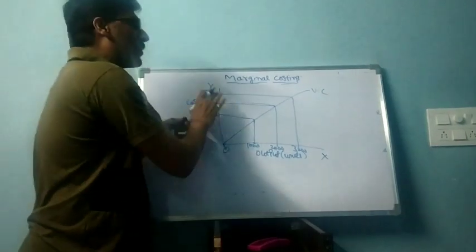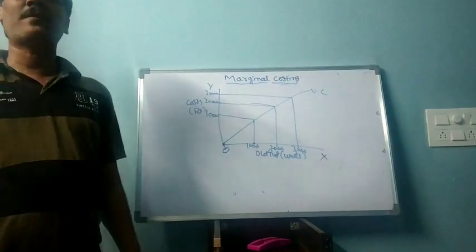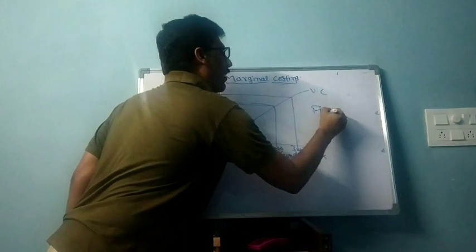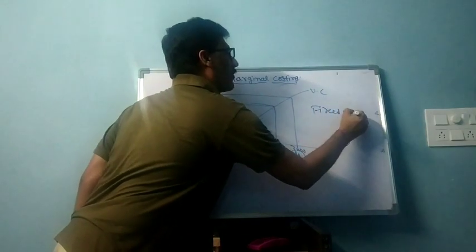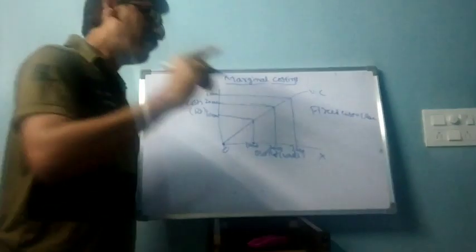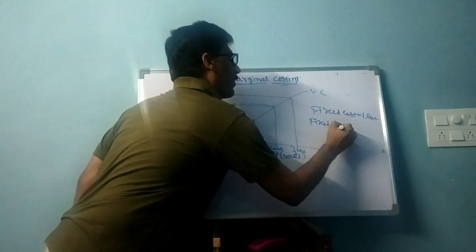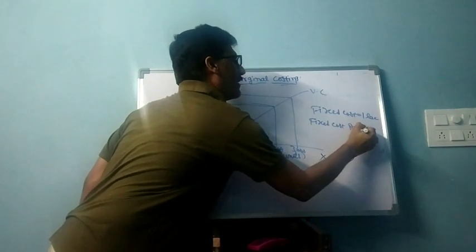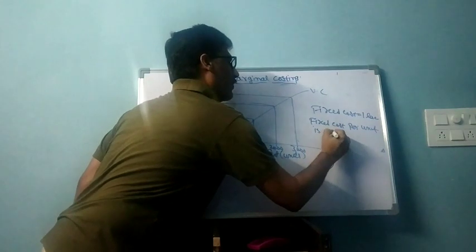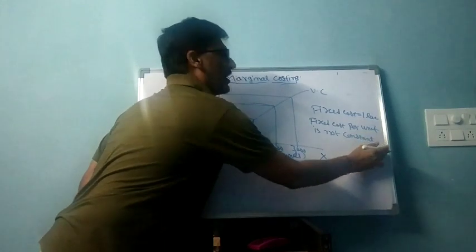See, before I conclude this section, there is a very, very important point where many students commit a mistake, which I am going to explain. That is, fixed cost always remains constant in amount. For example, fixed cost is 1 lakh. But the fixed cost per unit will change. Fixed cost per unit will never remain constant. Only in amount it is constant, but per unit it is going to change.